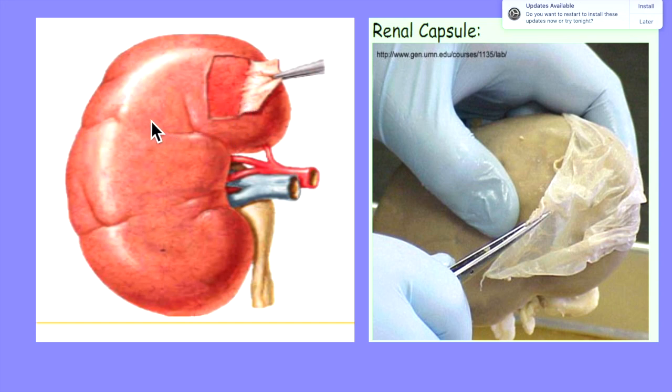This fibrous capsule covers the entire kidney on its anterior surface, posterior surface, and the medial and lateral borders. Usually in adults, it is loosely attached and we can easily strip it off. But in pathological conditions, this fibrous capsule is tightly adhered to the kidney. It is nothing but a condensed fibrous stroma. See here in this image, with the help of forceps, the fibrous capsule is stripped off.